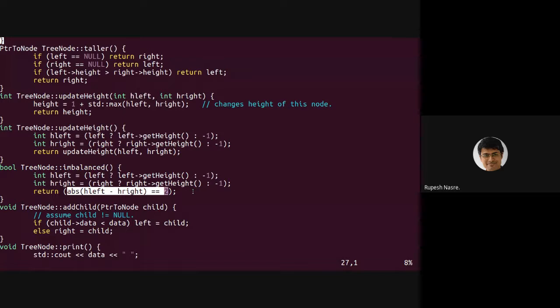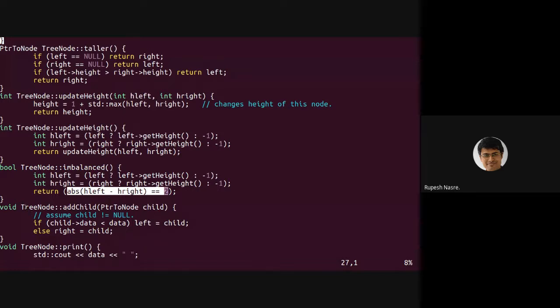It cannot be more than 2. So therefore we are implementing it strictly. If you want to implement some other height balance trees or self-balancing BSTs, then you might require this to be changed to greater than 1.